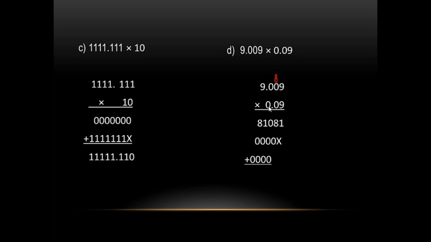Now we will perform the multiplication with the ones place digit, that is 0. First we will write a cross here and again one more cross, because earlier we multiplied with the first digit, then the next digit, so we gave one cross, and after that we have to write two crosses. So here 0 into 9 will be 0, 0 into 0 is 0, 0 into 0 is 0 and 0 into 9 is 0. Now we have to perform the addition between them.